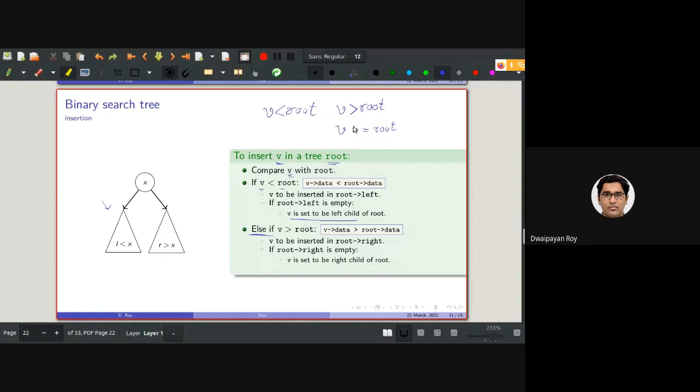So can you say why? What does this have to do with repetition? For repeated values in a binary search tree, there are two options. The most general option is that we ignore it. And a less popular option is that we add that node in the right subtree.